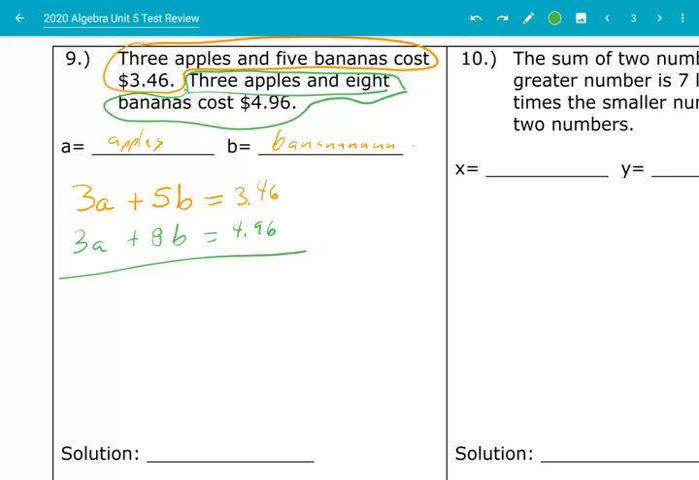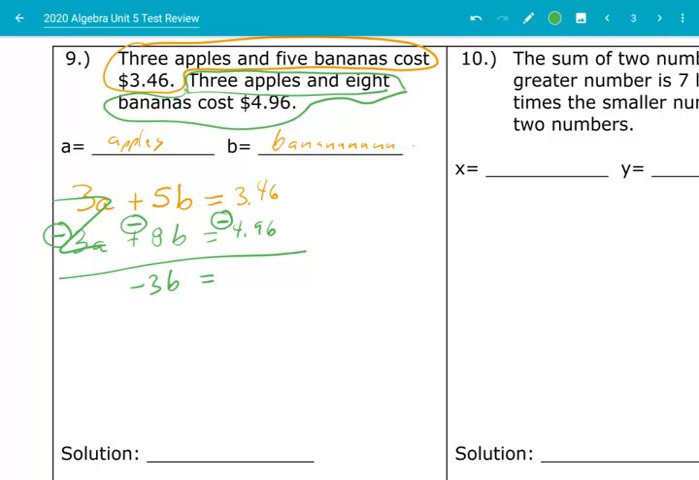Same coefficient, different signs. So let's change our signs. This is what we have now. I'm just going to change the signs like that, and then I'll combine. This zeroes out, no more A terms. 5 minus 8 is minus 3. Minus 3B equals 346 minus